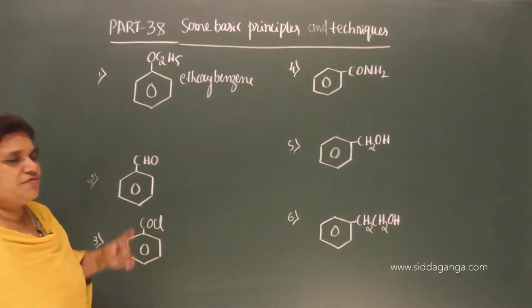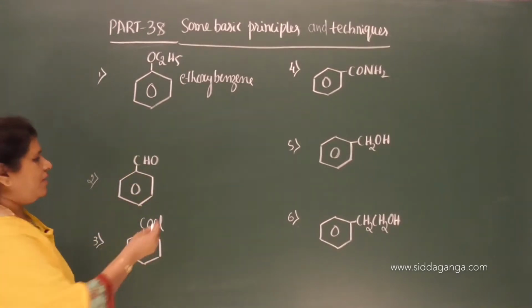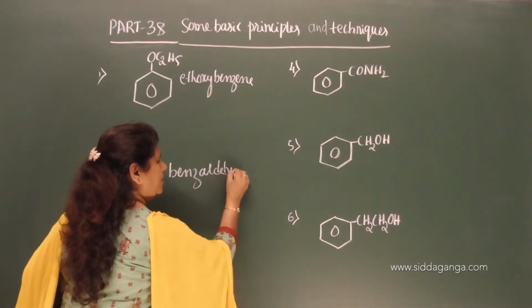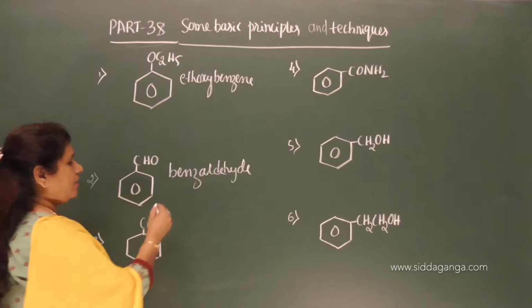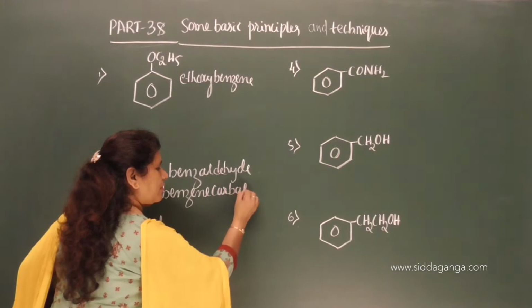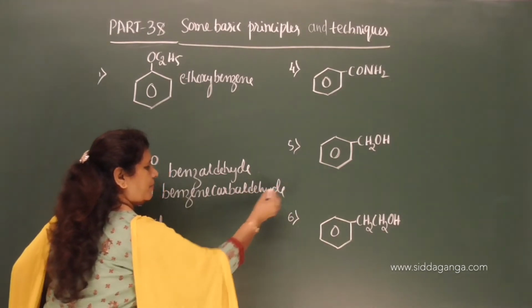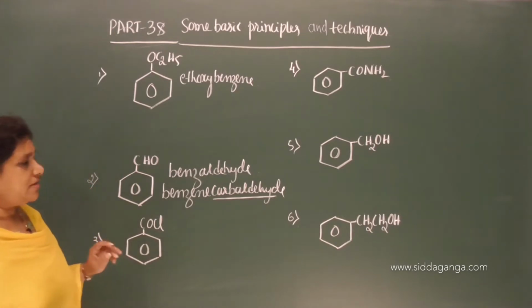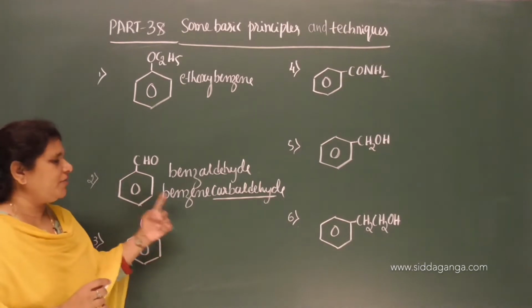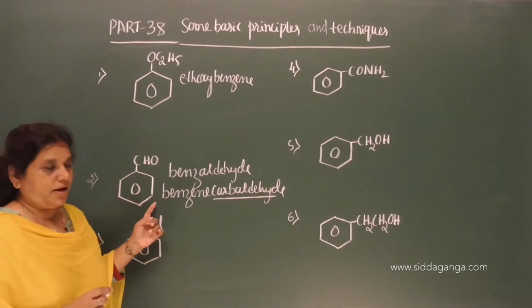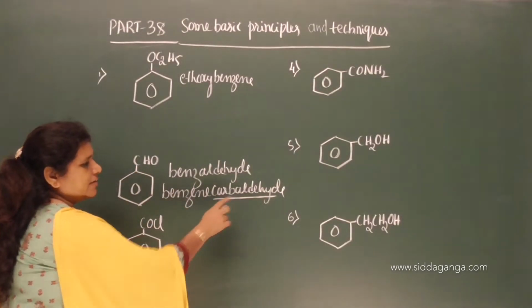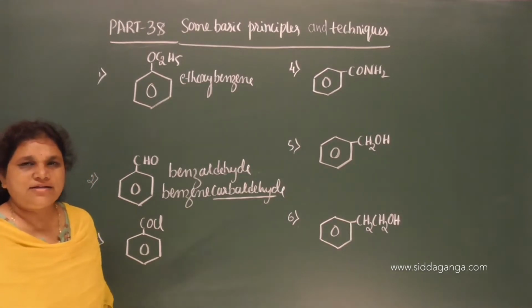Now, C6H5CHO, an aldehyde group is there. So commonly we can call it benzaldehyde. Benzaldehyde is the special name, and benzene carbaldehyde is the IUPAC name. We are using the secondary suffix carbaldehyde for the CHO group, and this carbon is not included in the root word benzene. Benzene contains 6 carbon atoms, plus 1, that is 7 carbon atoms, and that carbon is not included, but it is represented in the form of the secondary suffix.